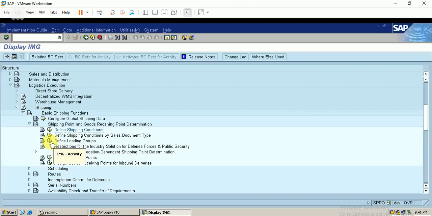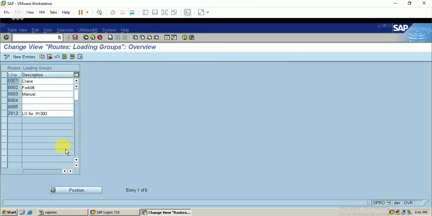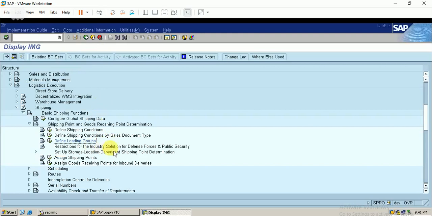Then the loading groups we have already configured, and we are making use of this loading group. This loading group will be maintained in our material master, and the transportation group we have also maintained in our material master.